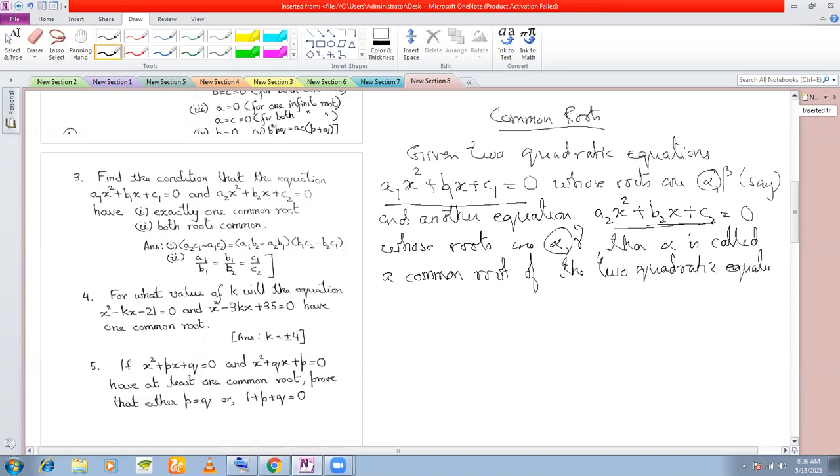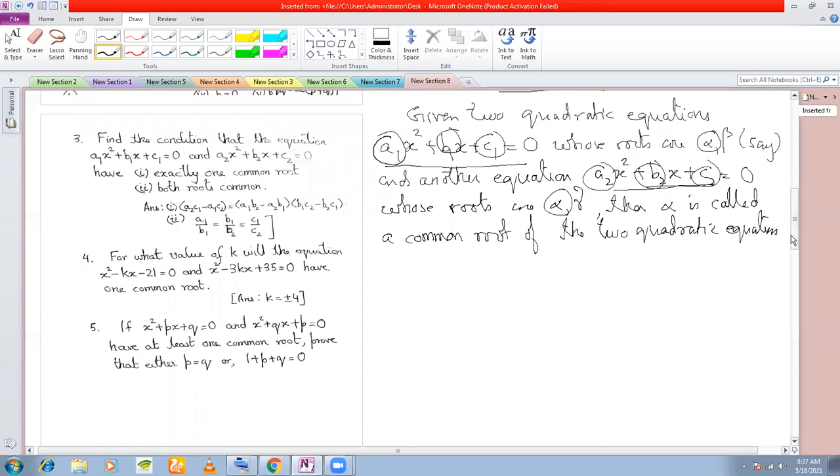So now what we are going to do here is derive a condition. How are the coefficients of these two equations related? How are a1, b1, c1, a2, b2, c2 related such that they have a common root? If it is given to you that these two equations have a common root, I don't know what root it is, but if we know that they have a common root, then how should the coefficients be related? This is the condition that we are going to derive. I'm just going to stop because if I start this I won't be able to finish it.